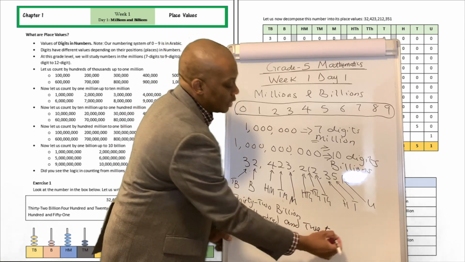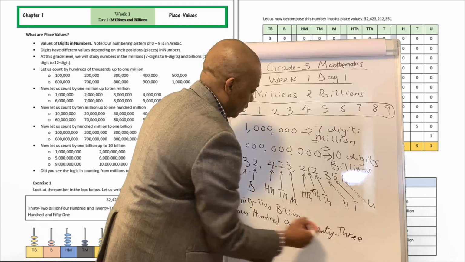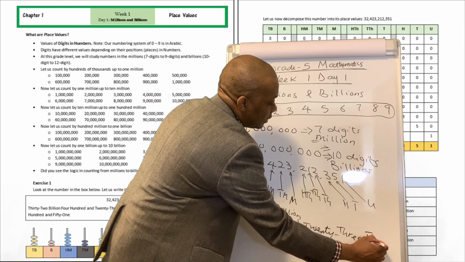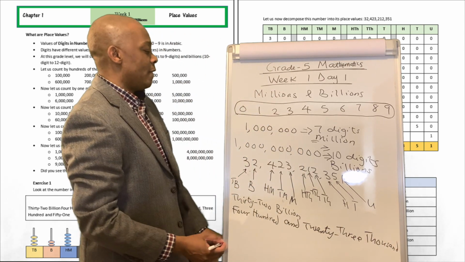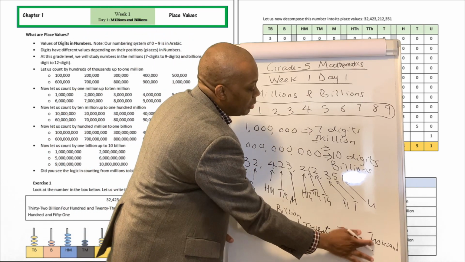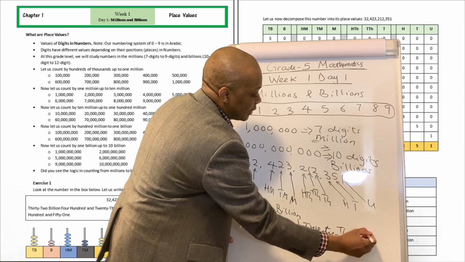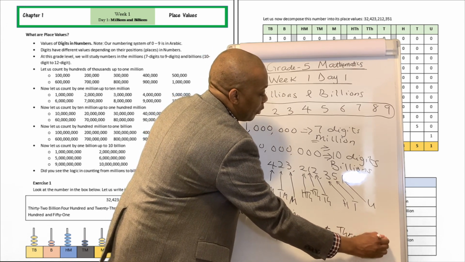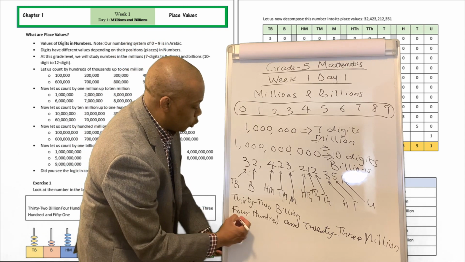423,000. Okay. Oh, 423 million, because million comes right before the thousands in this category. 423 million. Then